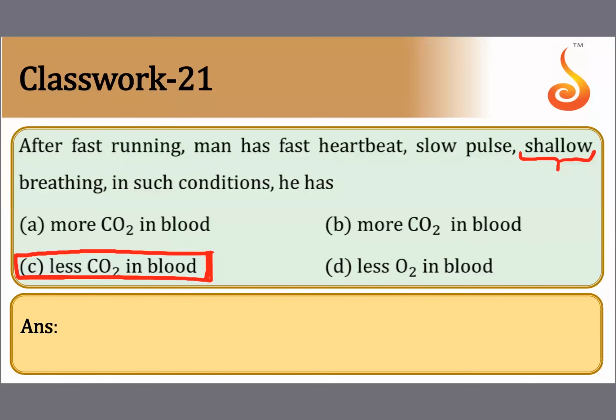Heartbeat is faster because heartbeat takes a while to come down. It is controlled by the autonomic nervous system, not directly by the medulla. So even if he has stopped running, it will take a while for the heartbeat to settle down. It's not under the direct medullary control like how your breathing is directly under the control of your pneumotaxic center, the dorsal respiratory, ventral respiratory, chemosensitive areas. So it takes a while for the heartbeat to settle down.